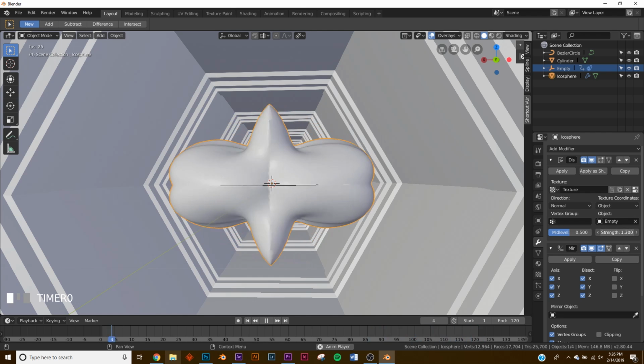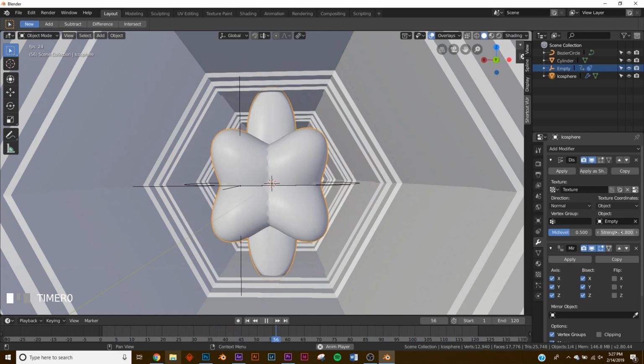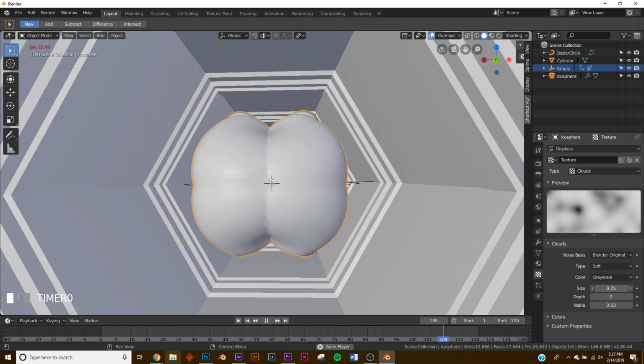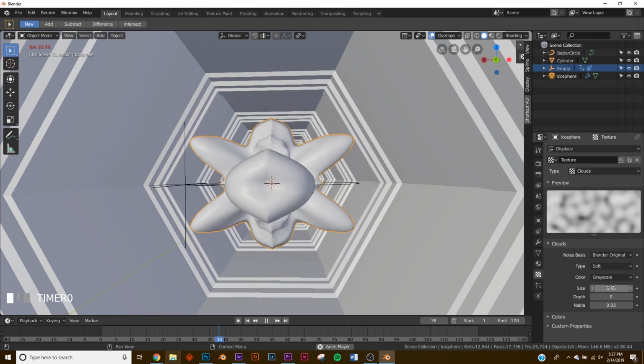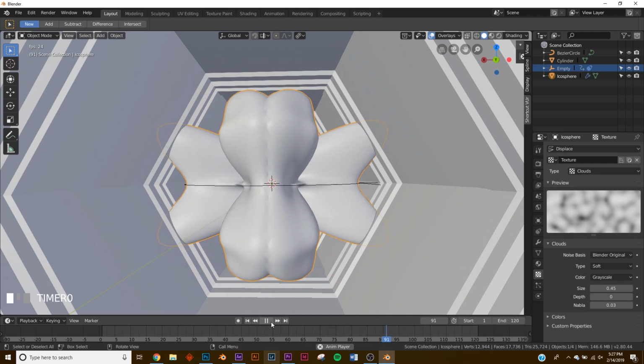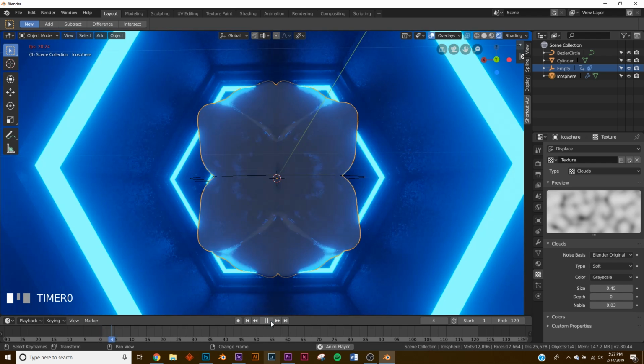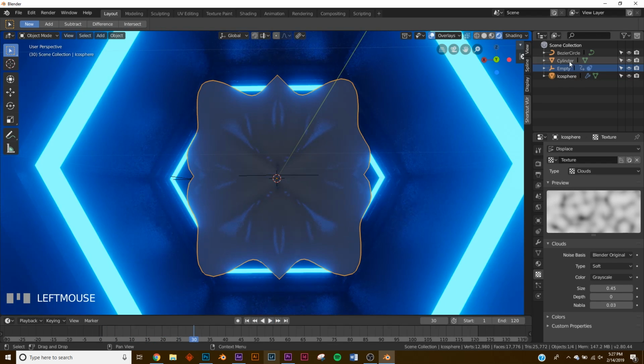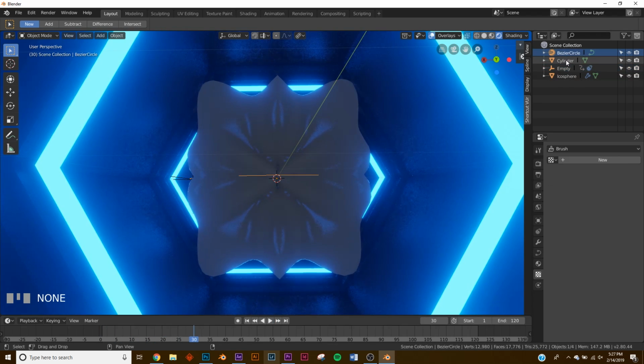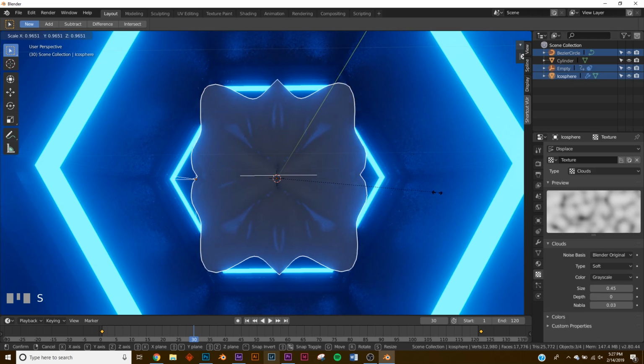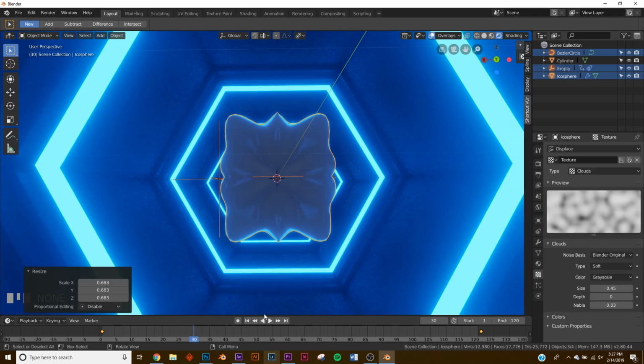So I'm going to make it a little bit more extreme on the displacement, and then go back to the texture, and I'm going to change it just a little bit. I think that works right there. Okay, so if we look at it rendered, this is how it looks. It's a little bit too big, so I'm going to click the Bezier, hold down Shift, click empty and icosphere so they all scale together, and it'll bring it right about there.